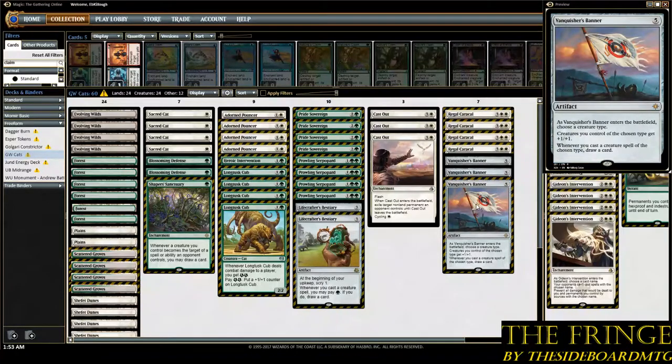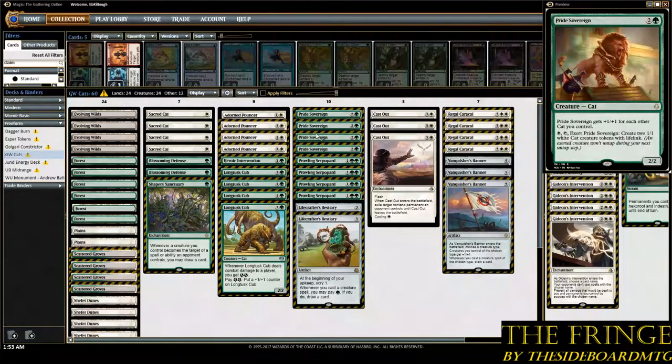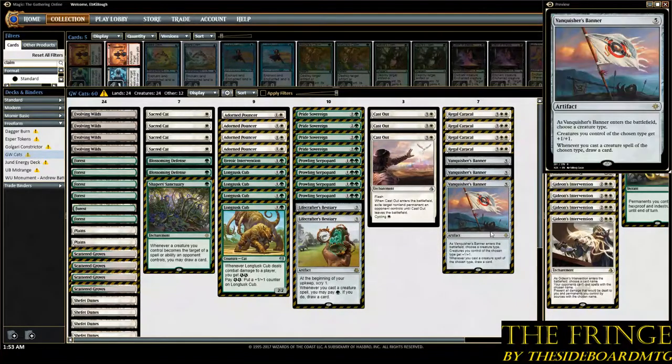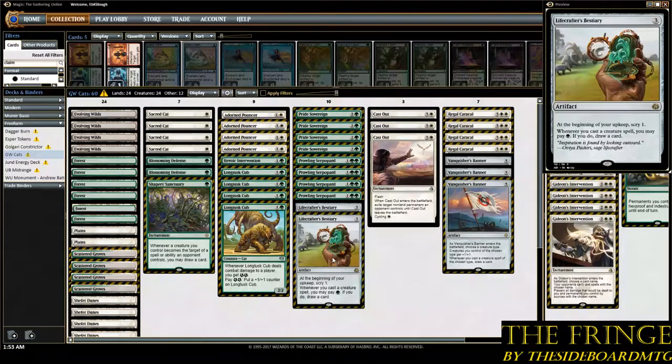So let's take a look at another deck that I think will be getting some play this week, and it's mainly because of some new interactions that have come from Ixalan. Regal Caracal is a card that has been showing up a lot over the past couple sets since it's been released in Amonkhet. We thought that the green-white deck would get a lot of power from Hour of Devastation with the Pride Sovereigns. However, it wasn't until recently with the arrival of Vanquisher's Banner and Shaper's Sanctuary paired with Lifecrafter's Bestiary, which gave the deck a lot of draw power